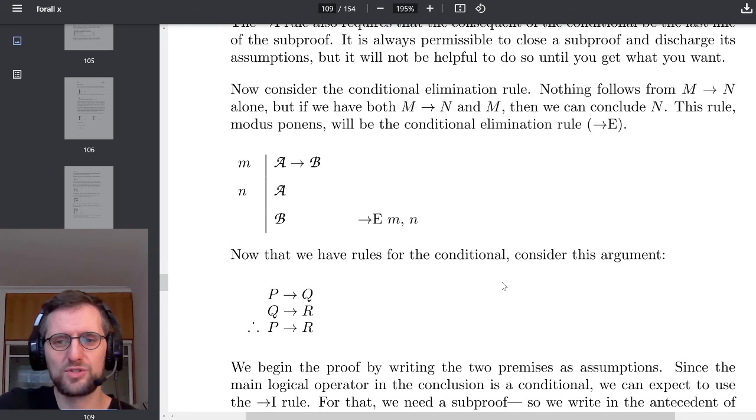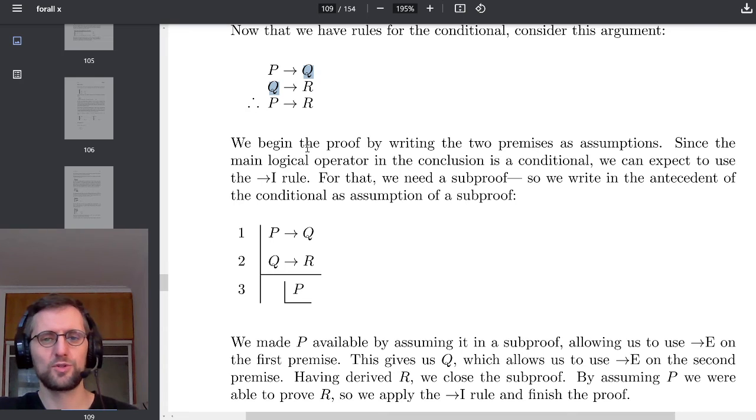Now that we have the rules, consider this argument. If P then Q, if Q then R, and from that follows if P then R. So we have here transitivity. That means that we can say that from P follows R if we have such an argument, where Q is the middle term. So we begin the proof by writing the two premises as assumptions. Since the main logical operator in the conclusion is a conditional, we can expect to use the conditional I rule. For that, we need a subproof, so we write the antecedent of the conditional as the assumption